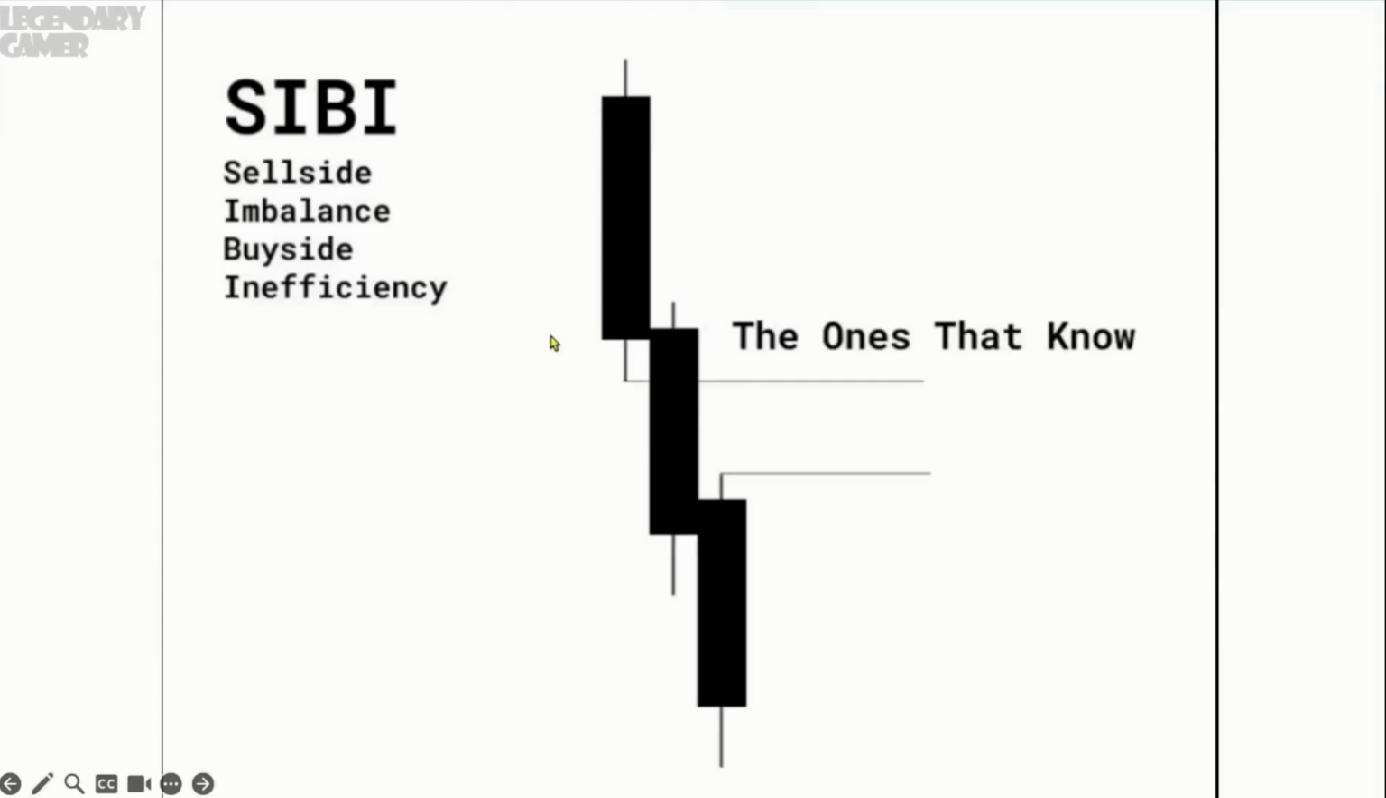Let's go back to the image I shared with you during the foundation lecture, in which I shared the CB. The CB is a sell-side imbalance, buy-side inefficiency. It looks like the following. You have